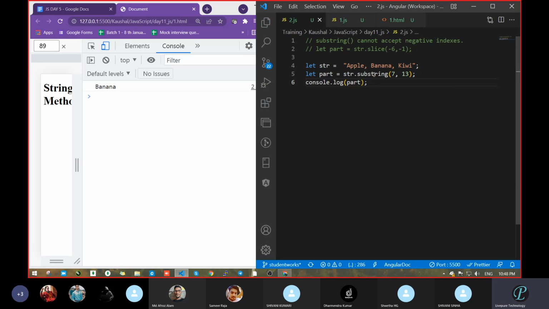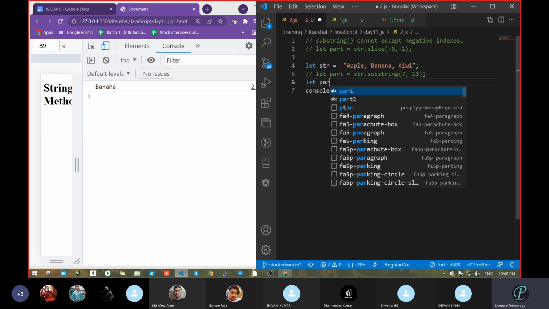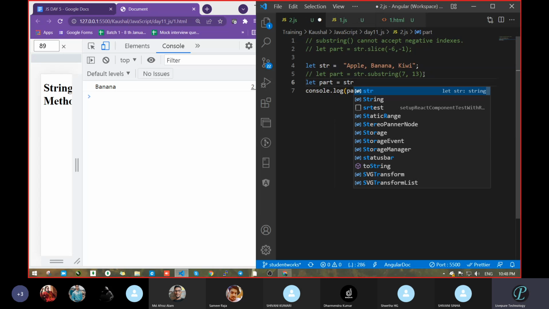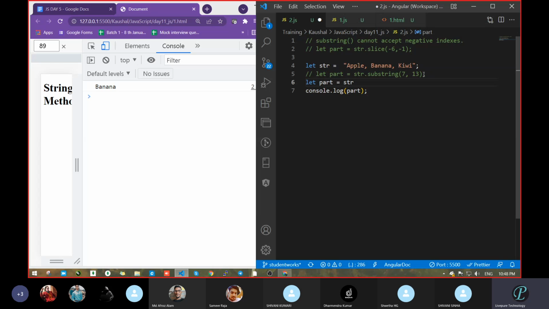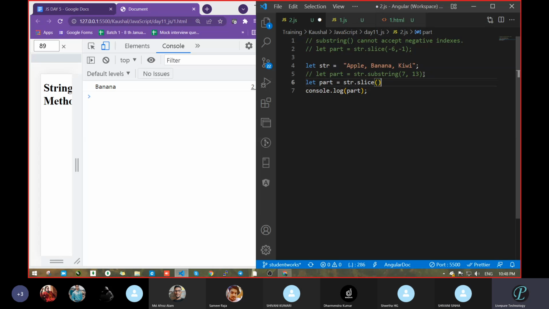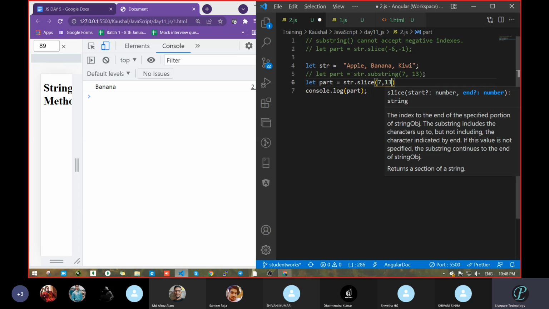Fine. Do one thing. Do the same thing with the help of the slice method. Dot slice and pass the value. So 7, 13. Everybody knows that. What will be the output in this case?